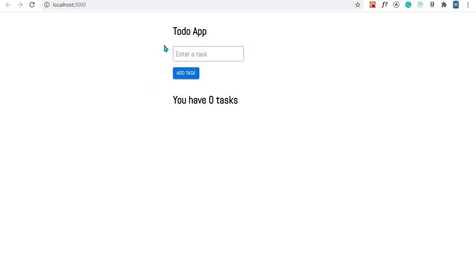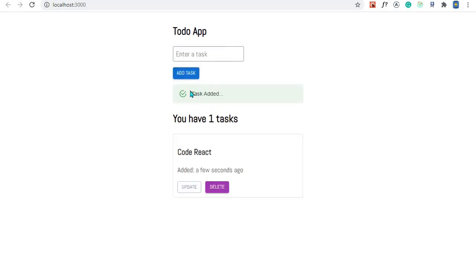As you can see, we have a title there, To Do App, and then we have an input field to enter a task, and then we have a button to submit that task. So let's say right here we will code React. Now when I click add task, this task will be added to the database, and then we'll be able to get the task back and display it on the UI, and also we'll be able to show a nice message that that task was added to the database. So let me just click add task. It's processing, and task added. So we have a nice message right there,